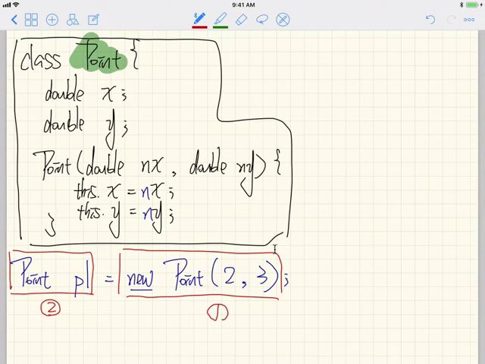And the assignment over here is the third part. 1, 2, and 3. Okay, now let's see how these are going to look like. The first part is maybe the most important one. Whenever you say new over here in Java, that means you're going to allocate